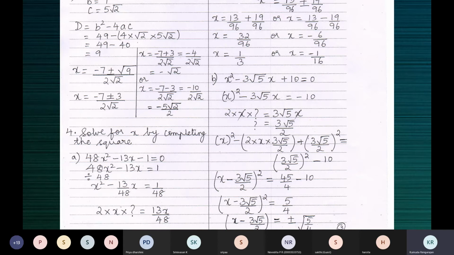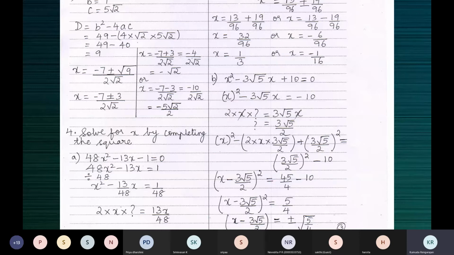We mostly like to, you will learn different other ways also. Now you understand like this. We've just begun, so let me tell you like this. Now we'll have the coefficient of x square as 1 always. This x square should be a perfect square. In 48x square, the coefficient of x square is 48. We like to have 1x square always. We like to have the coefficient of x square as 1.